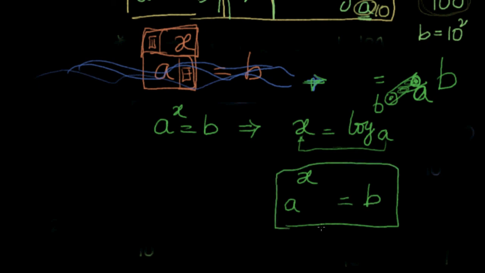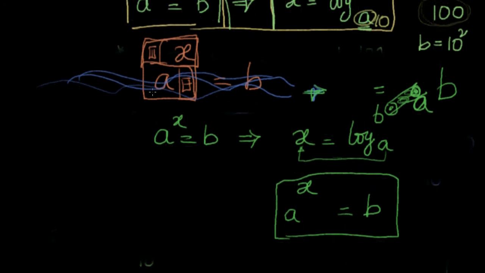That is how you had a to the power of x equal to b and x equal to log b to the base a. Let me repeat that again. A power x equal to b is nothing but A and x are staying in a multi-story apartment, ground, first floor and second floor. Suddenly flood came. When the flood came, A has to survive. So A started swimming and he survived with the help of a log. He found a log, just clung to the log and he stayed there. So that is how x became log b to the base a.